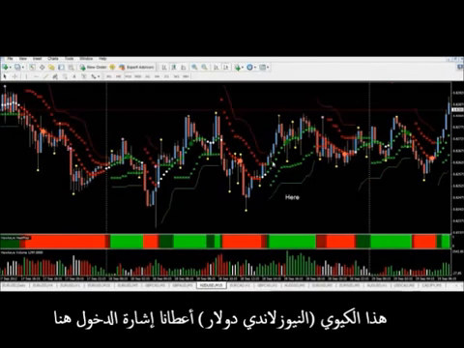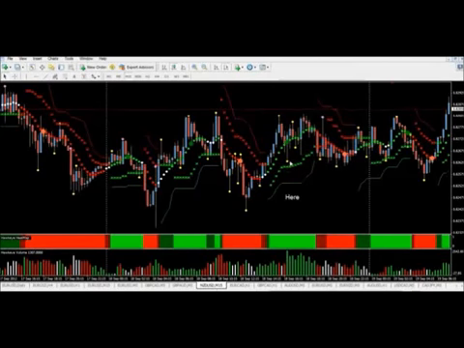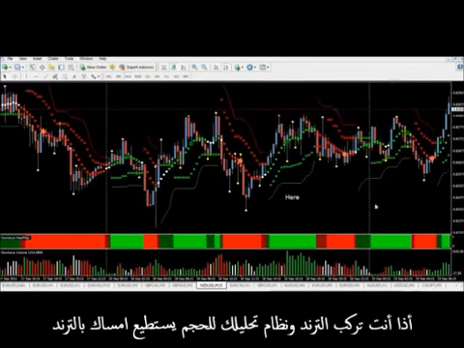This was the Kiwi, which gave us a signal to enter here, but then there was a fairly volatile move down here which stopped us out. The great thing about these strategies is that you're stopped out on average with a smaller loss than when you're stopped out with a win. So you're riding the trends, and this volume price analysis software gets you out of the trends that are not